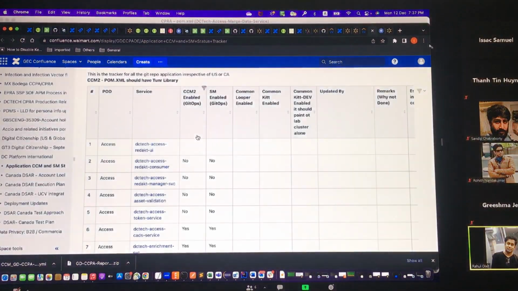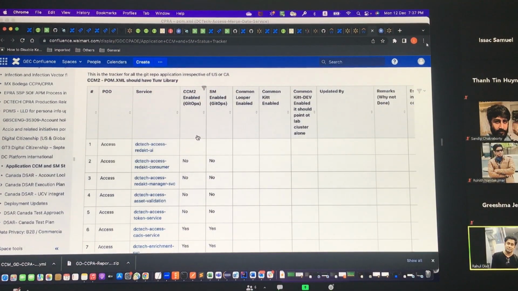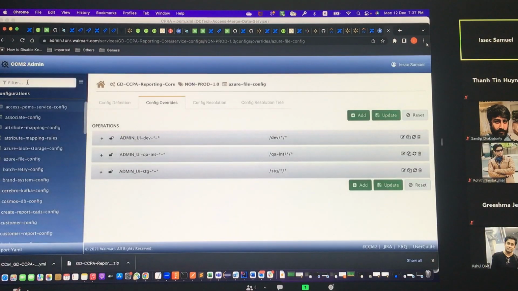For GitOps, what changes do we have to do? We need to push ccm.yml. This is the only change. Correct. Okay. We need to get the ccm. So here if you go to reporting forward,